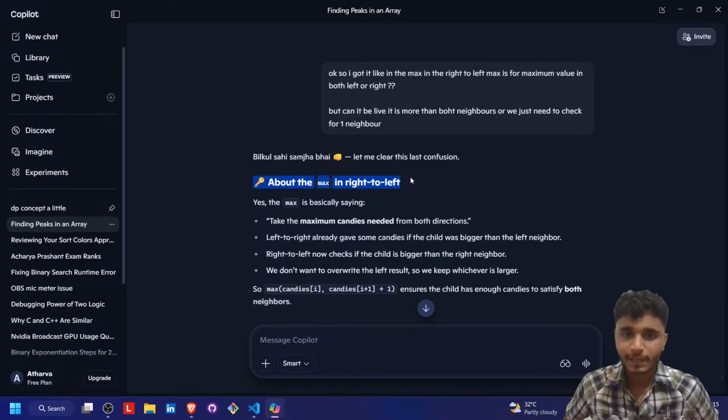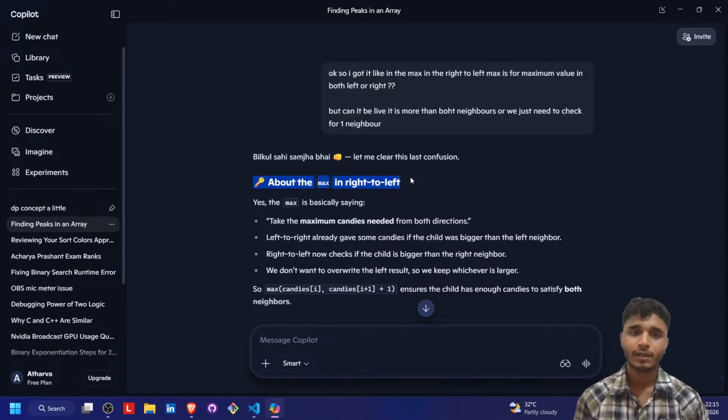Left to right already gives some candies, for which side was bigger than the left. Right to left now checks if